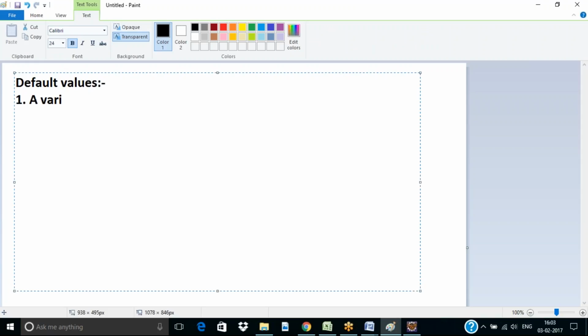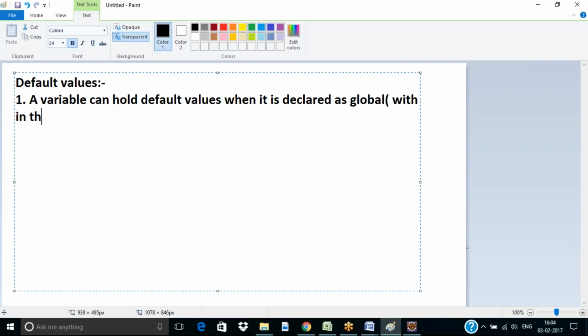A variable can hold default values when it is declared as global. Okay, global means, so what do you mean by this global variable? Global variable ante within the class scope and outside of